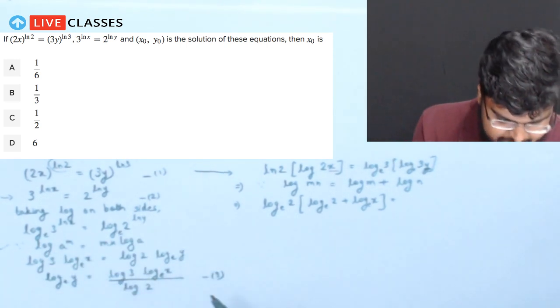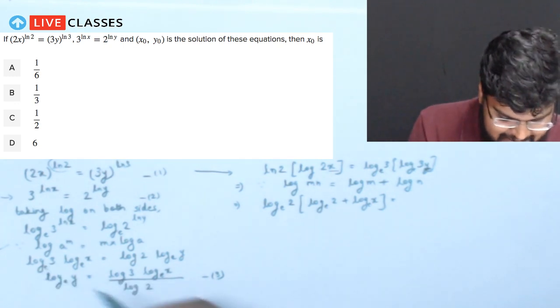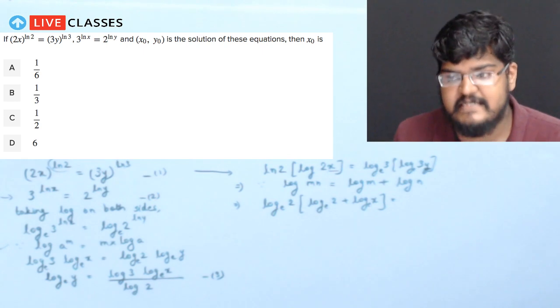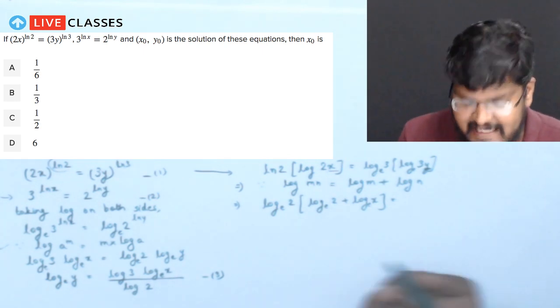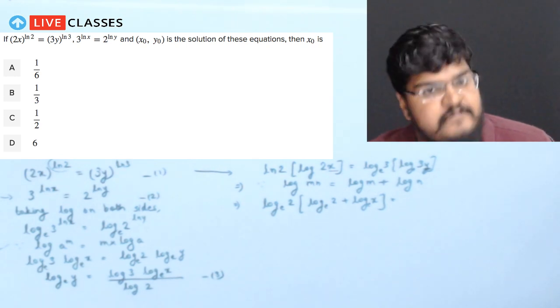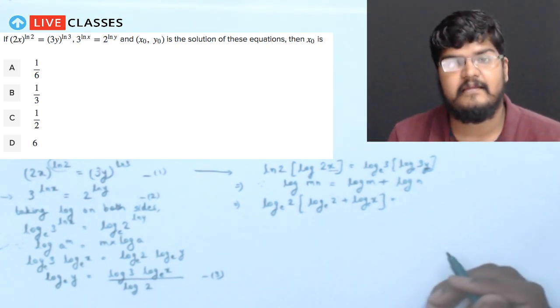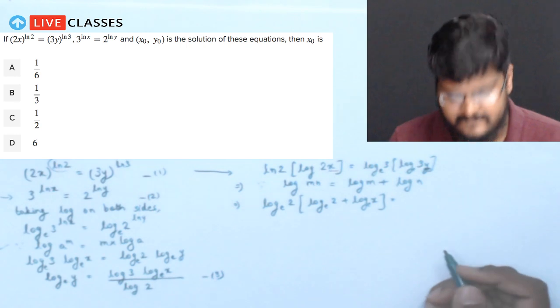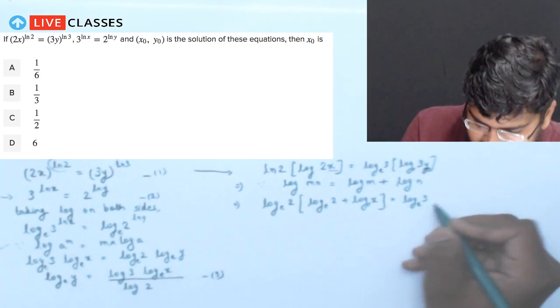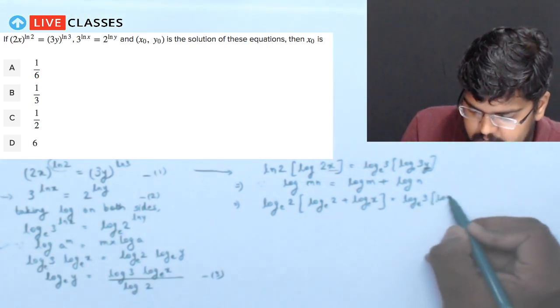So wherever you have forgotten to write base as e, you can simply mention that while you are solving your question. It is understood, so you don't really have to mention it. However, in the subjective way of solving this question, you'll have to mention that you are taking the base as the natural base of log. So now the right hand side will become log of 3 with base e times